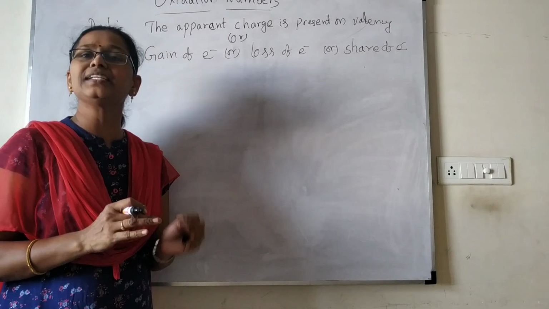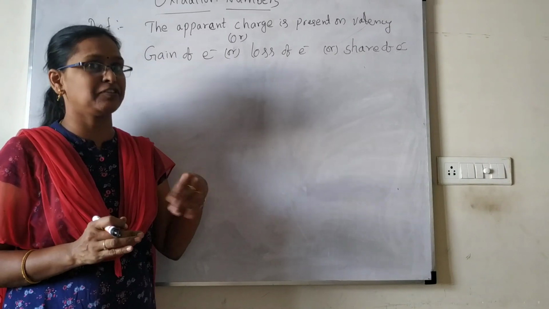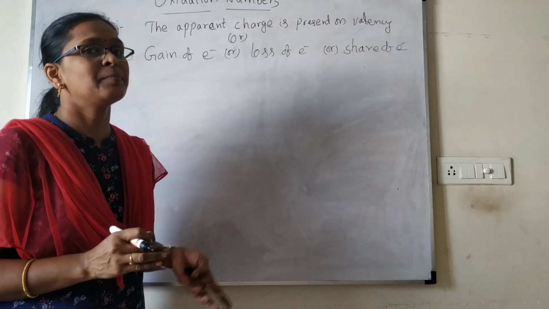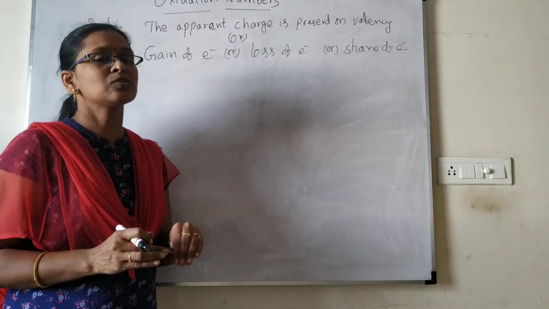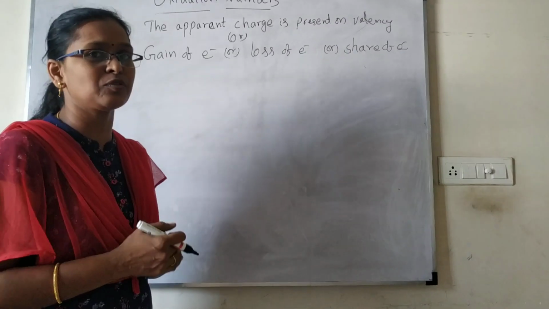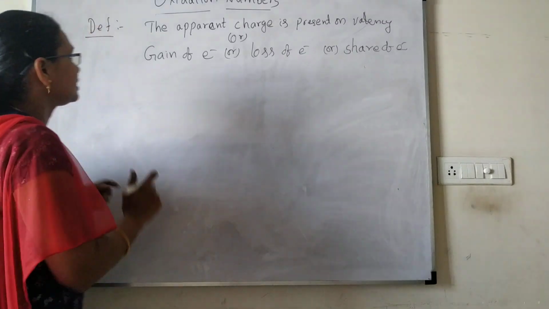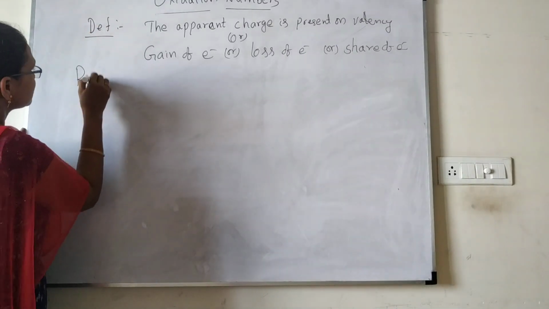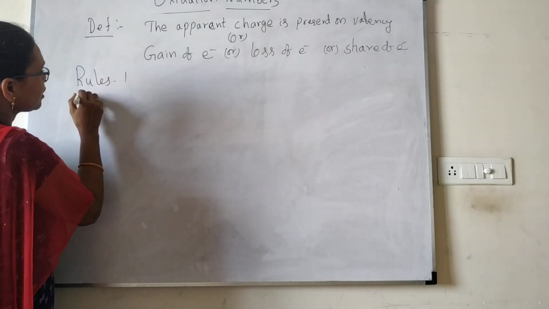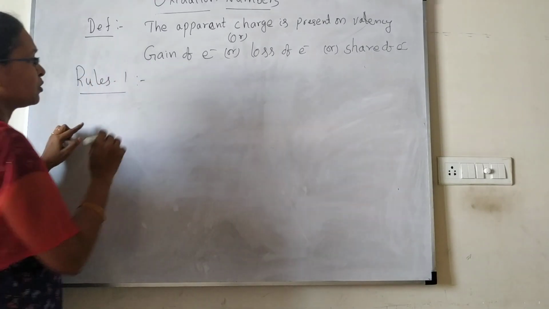Each and every compound may have different oxidation numbers sometimes because of a few exceptions, so we always need to remember this. We need to follow some rules here, and that is the reason I am giving you some rules. Rule 1. First, the rules that we are going to discuss.